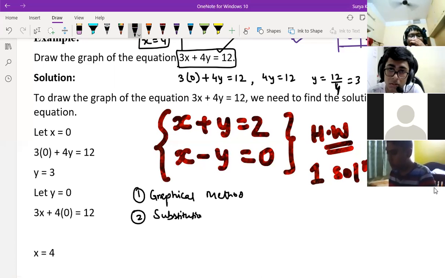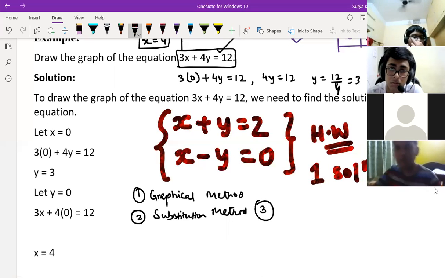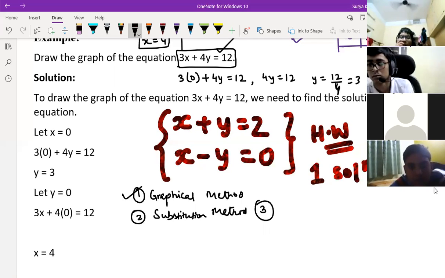Sir, after solving, the values which we get for x and y, we need to represent in the graph form, sir? No, that is only the answer. If they ask in graphical, you should draw in the graph and show that there. After finding the values, see, in the graphical method, if the first line is coming like this and the second line is coming like this, this point you should show, that's it.